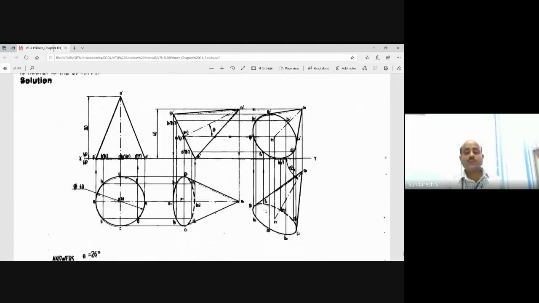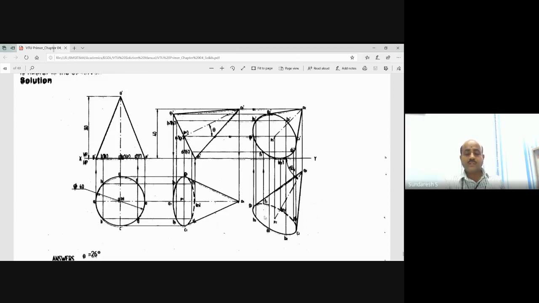So now there is no question of beta angle here. It said the top view of the axis is inclined 60 degrees to VP. So draw a 60-degree line with respect to VP in the third position. On that third position, mark O dash and P dash, the length of O dash and P dash.